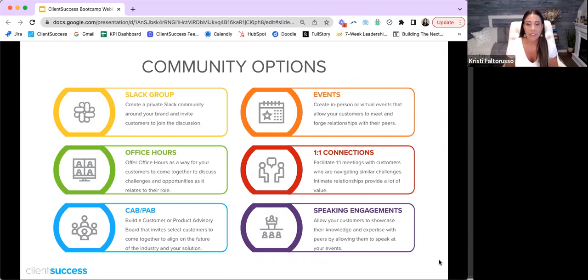And the last thing is facilitating speaking engagements. Now, this is a great way to allow your community, right, to have a voice and to elevate themselves personally and professionally, but to share and showcase their expertise and their experience with the community. Now, if you give a ton of people different opportunities to speak and engage, you're going to help elevate all those different voices. And what happens is everyone who's listening, everyone who's participating is getting a sense of what that person knows and what their experience is. I will tell you, a lot of conversations and connections happen following that.